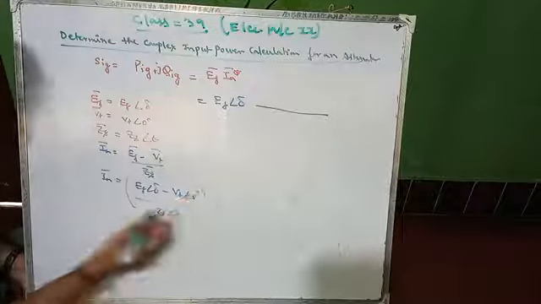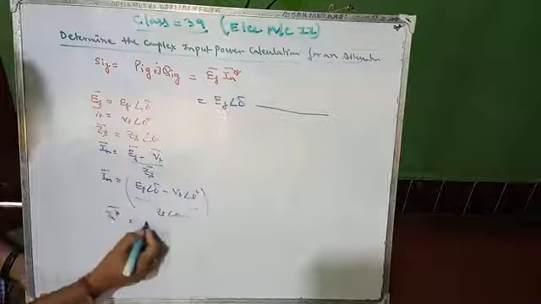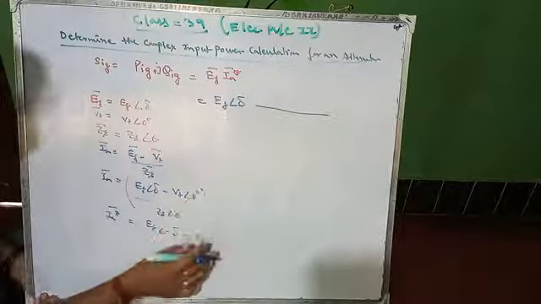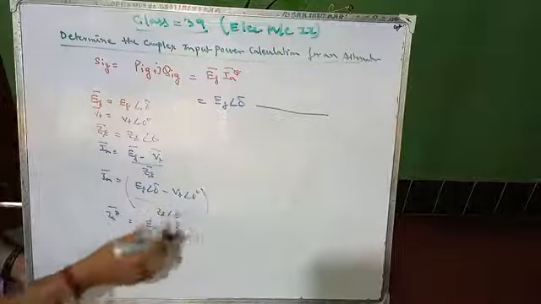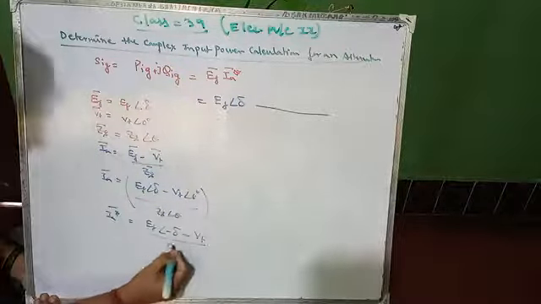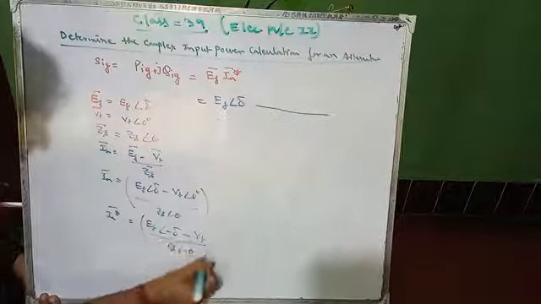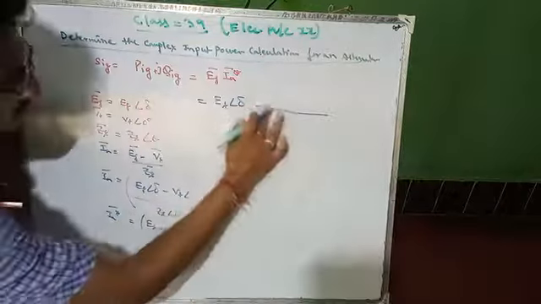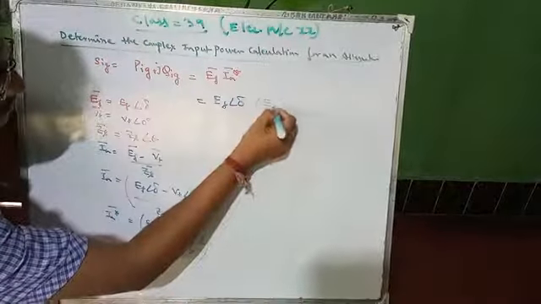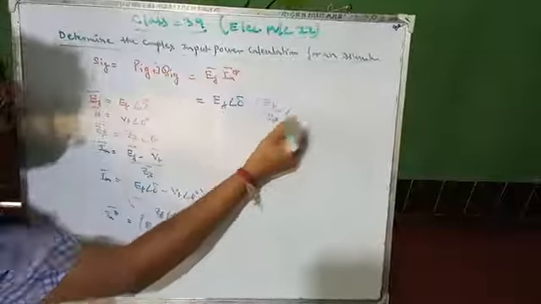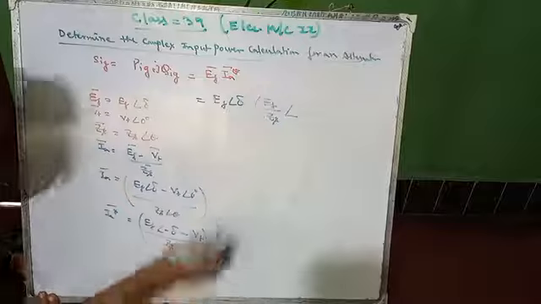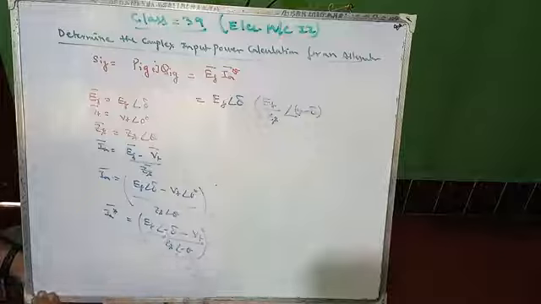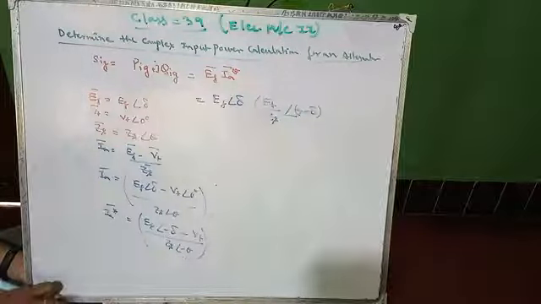So IA star will be EF angle minus del minus VT angle 0 degree. Minus 0 and plus 0 are the same, so you can ignore it, so minus theta. So this is the ultimate IA star. If we put it, then what happened? I am writing directly EF by ZS, and angle equals to theta minus del, that is minus del plus theta, which will be theta minus del,